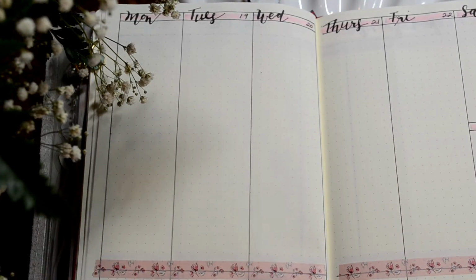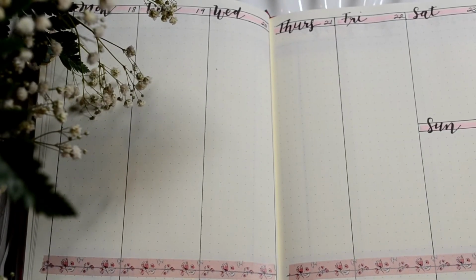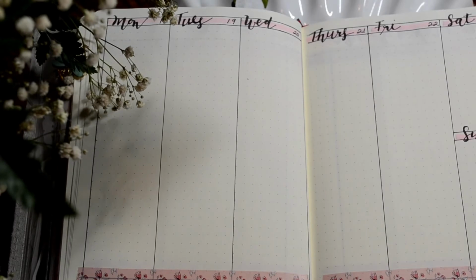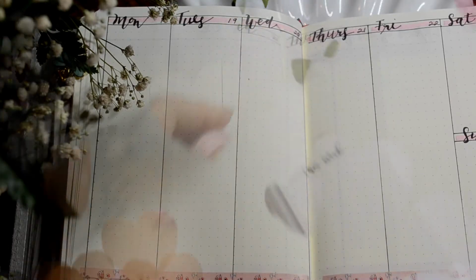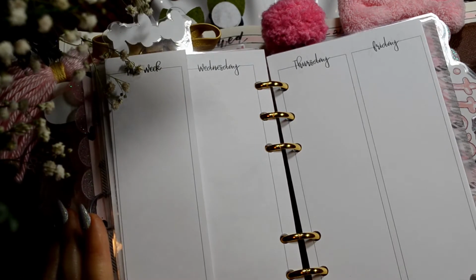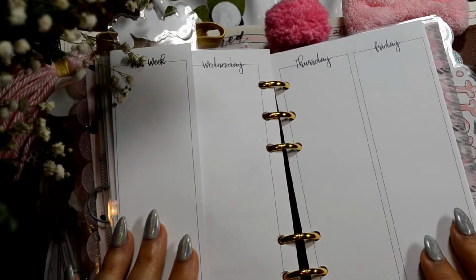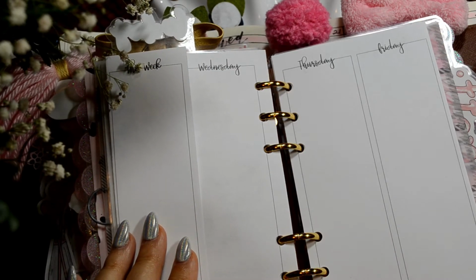Then at a glance, I can see the entire week. Saturday and Sunday are here. And it just works for me so much better than any other setup has. Therefore, I created a weekly spread that's similar for my LV agenda,